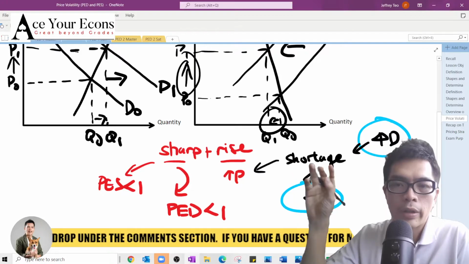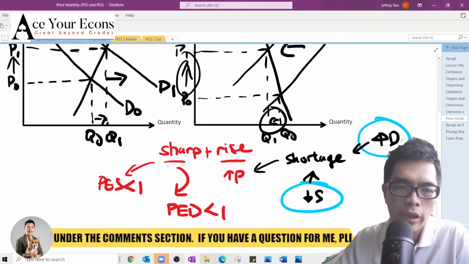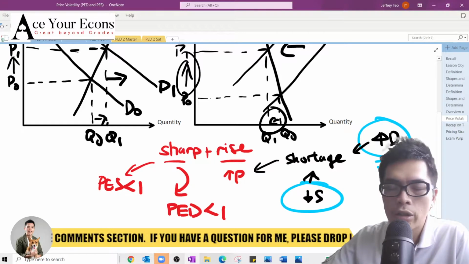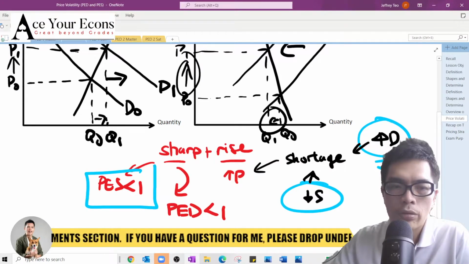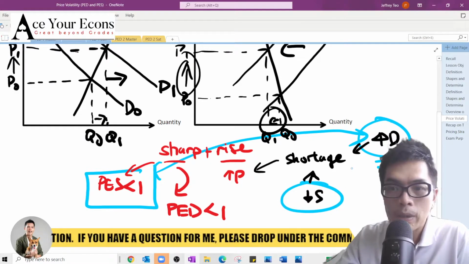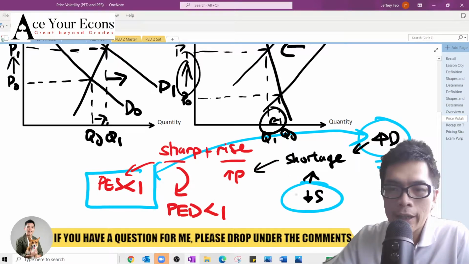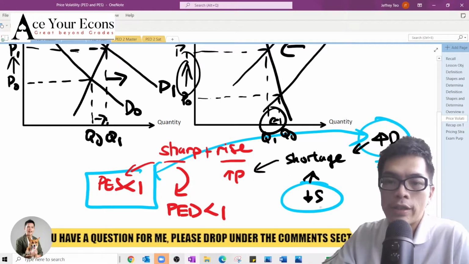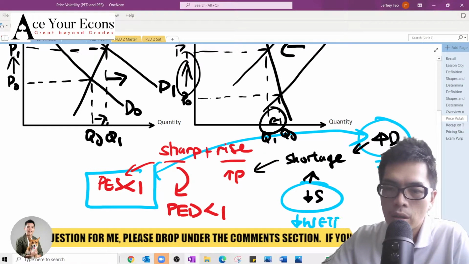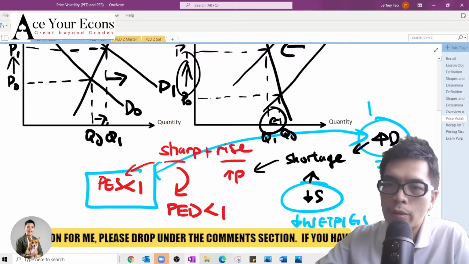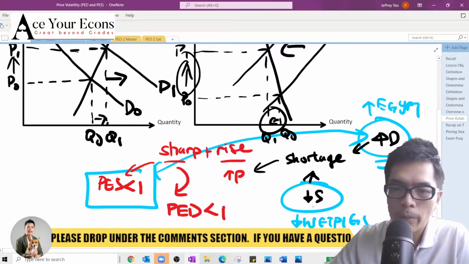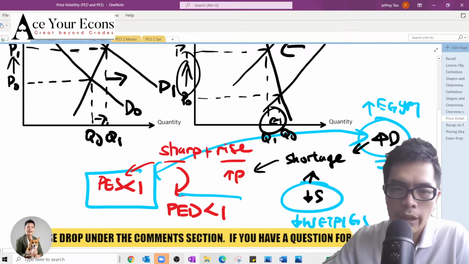Together, you will pair this with PED and PS. So if you identify from the extract there is an initial increase in demand, you pair this with PS. It's always the opposite. If you identify from the extract there is an initial fall in supply or any changes in your web picks, or any fall in your web picks, this is a rise in your Egypt. Then you have to pair fall in supply together with PED.